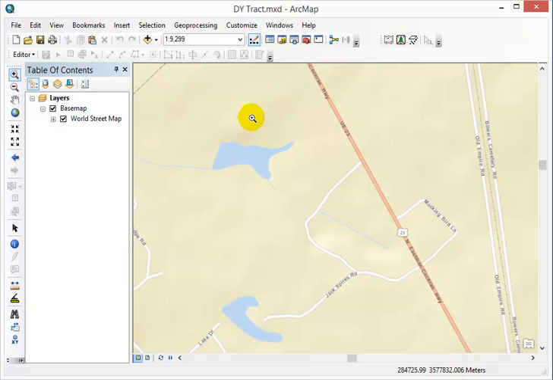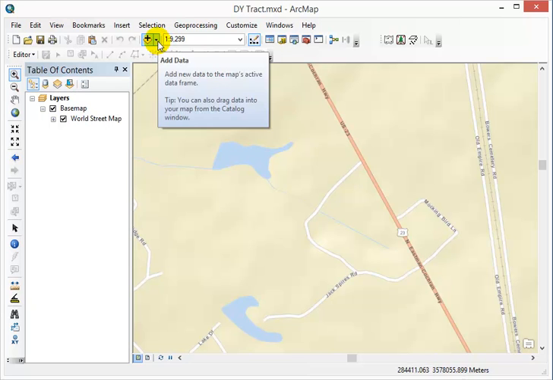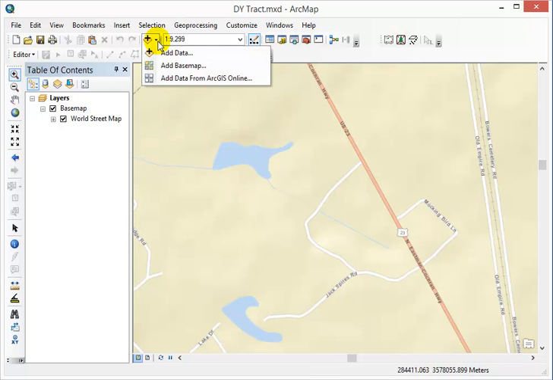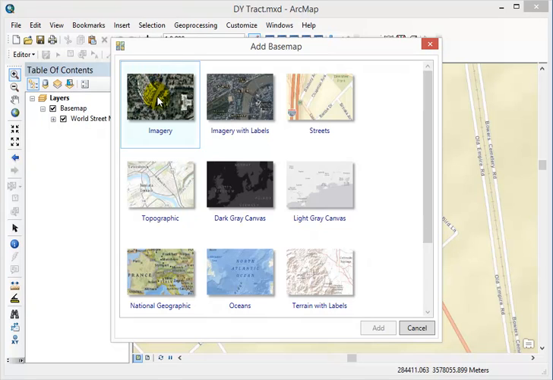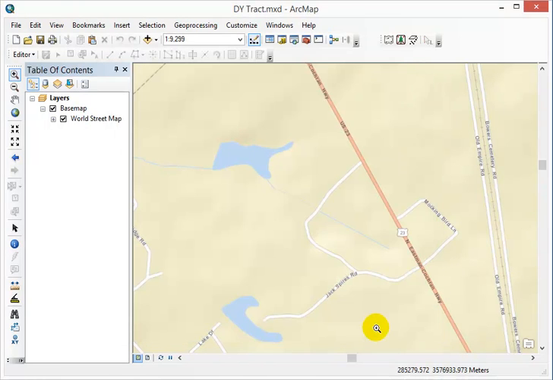Okay. Also at this point what you may want to do is to go ahead and add some other base map layers. So I'm going to come in here and do an Add Base Map, and this time I'm going to grab the world imagery. So I'm going to highlight it and I'm going to hit OK. And we'll give that a second to load. And notice down here at the bottom when you see the globe spinning, just hands off, just wait for that